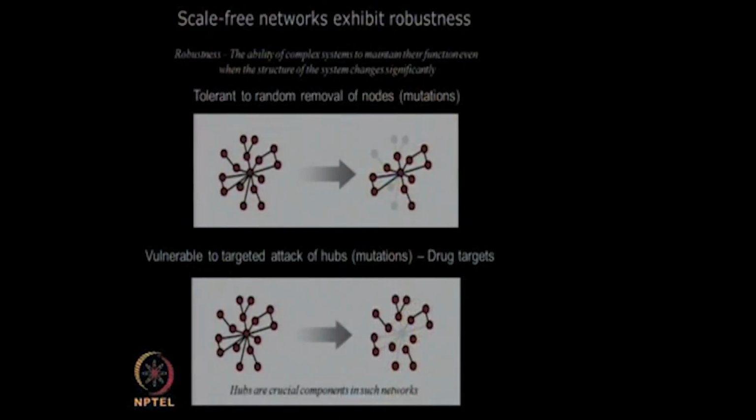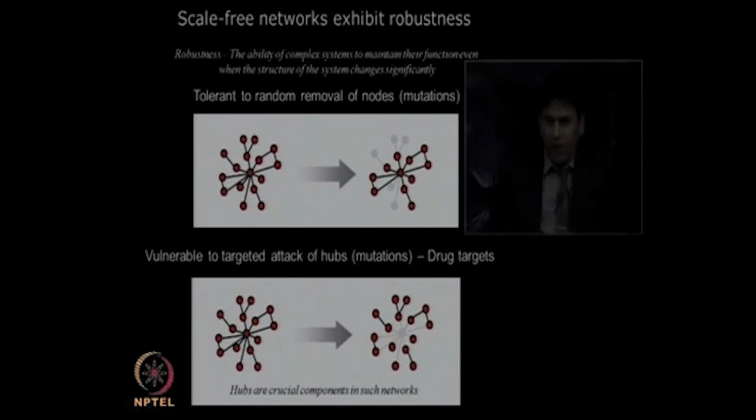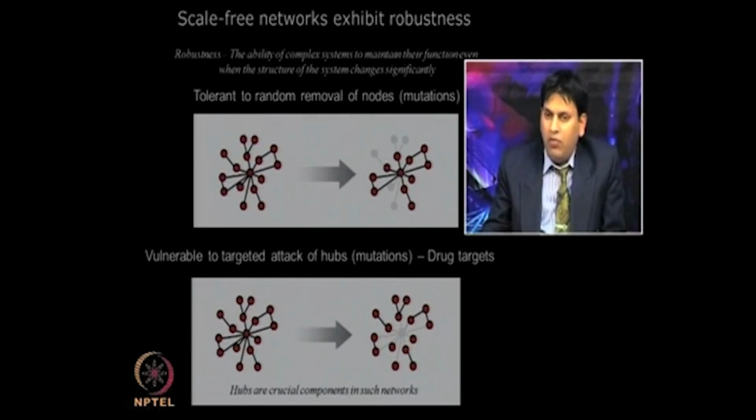In the network figure that you see, if you randomly perturb any of these nodes, you are likely to affect a small fraction of the network. However, if you target the highly connected node, that is the central node, you are going to disrupt a major fraction of this network, suggesting that these highly connected nodes can be vulnerable drug targets. So, if you are trying to inhibit the growth of a pathogen, you are likely to target these highly connected nodes because you are more likely to be able to crumble the biological system of the pathogen. And this has been increasingly gaining attention as a method of targeting drugs to these classes